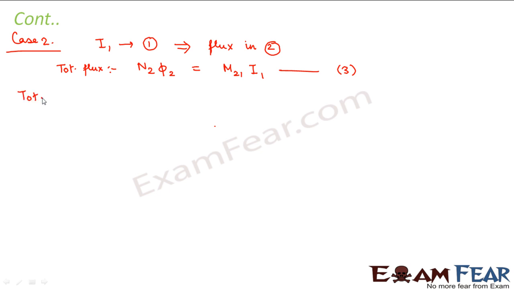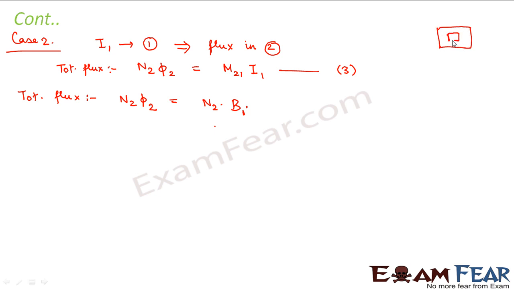Now let me write another expression for total flux through coil 2. We can write N2 phi 2 as equal to N2 into the magnetic field. What is this flux? This flux is nothing but magnetic field into area. So what would be the magnetic field? In this case, the magnetic field will be B, right? What is this B? This B is nothing but the magnetic field due to the smaller coil, that is the inside coil, right? Into, what would be the area? Now this is an important concept here.